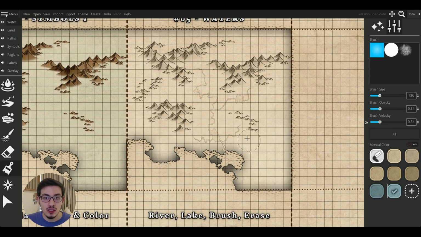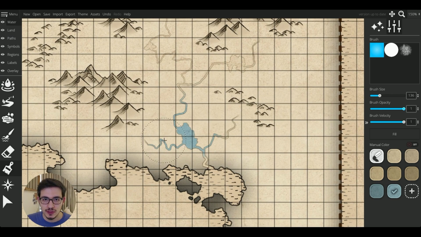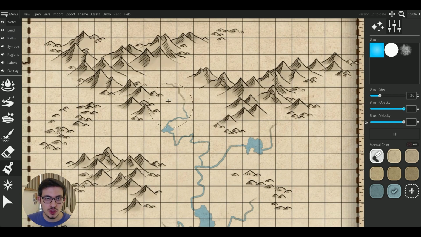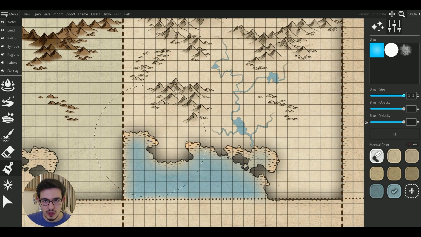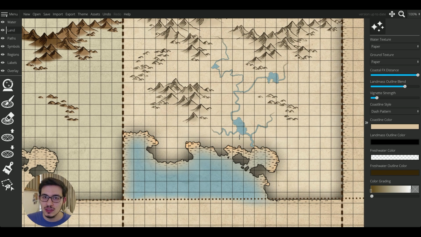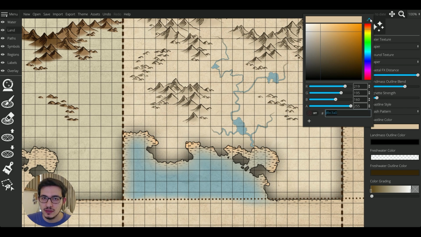So now let's manually color these fresh waters, because then I'm going to show you another coastline effect. Let's color this part. Now, as you can see, I also colored the seas, but the coastlines are not colored. It is because we also have a coastline effect here called coastline color. If we go here by using this, let's say we pick the color, now it will also color all the coastlines for us. And if we adjust this like a bit lighter color, it will have this coastline effect.